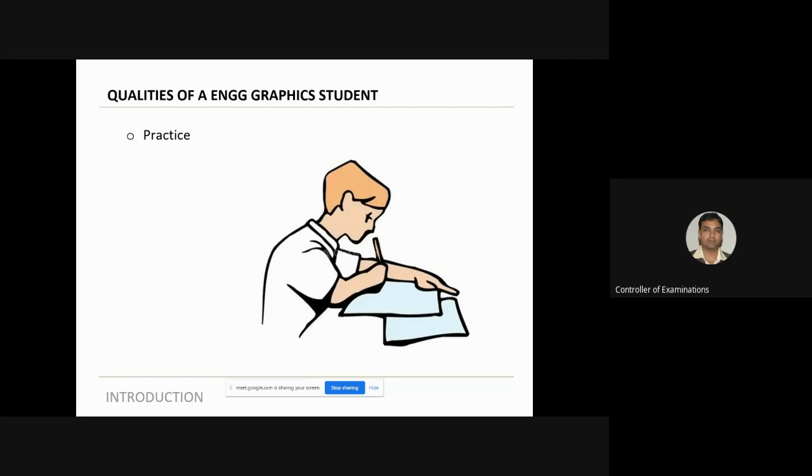See, you hardly have 1 hour 15 minutes, I think, during the IA test, and 3 hours for the final exam. In the 3 hours of final exam, you have to solve, I think, 5 problems. Each problem will easily take 30 to 40 minutes. So it is bare minimum time. So you need to practice. The practice is very much essential for this subject. You have to draw. You cannot only sit and listen. You have to draw.